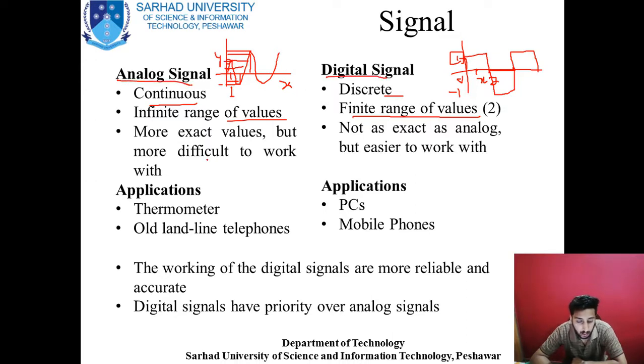And let me tell you what the disadvantages of analog signal are, because of which most people prefer the digital system or digital signal. Let's say you have built an analog signal and you want some modifications in the design or in the parameters. It is not possible to modify the analog system, because you have to redesign the whole system. Let's say you want just this portion to be cut off, it will not be possible for an analog signal, because you will have to design another system with whole new specifications.